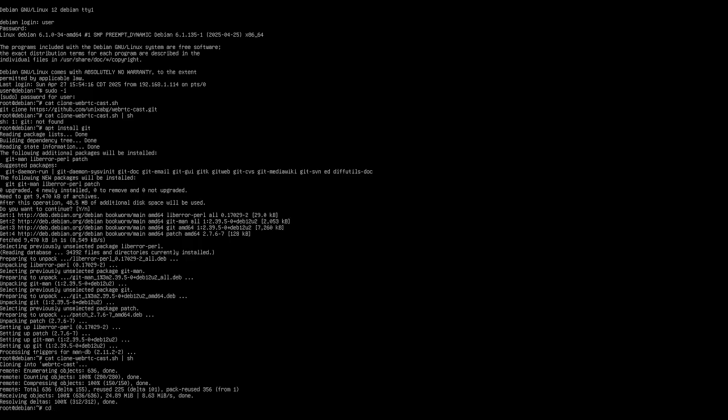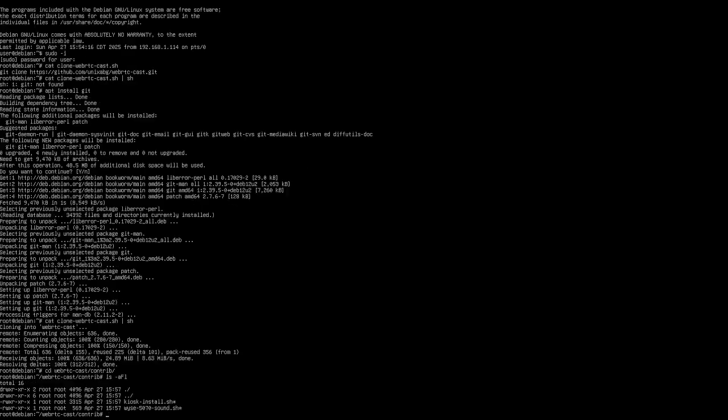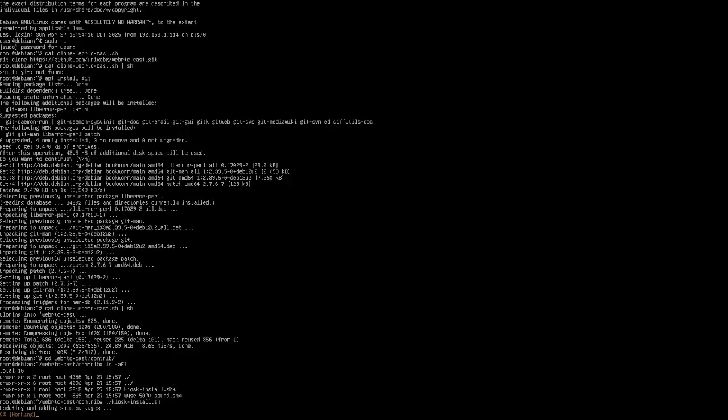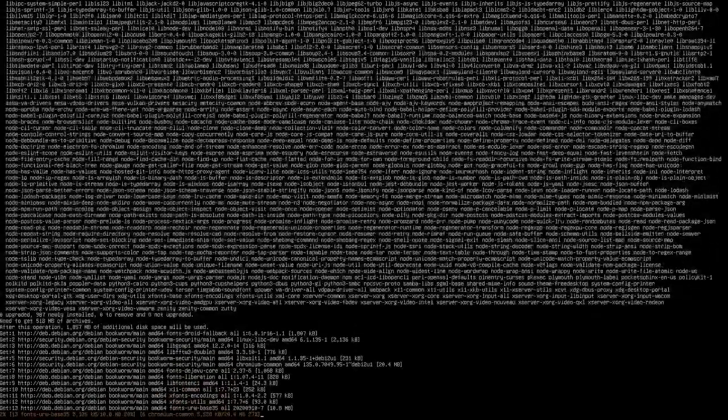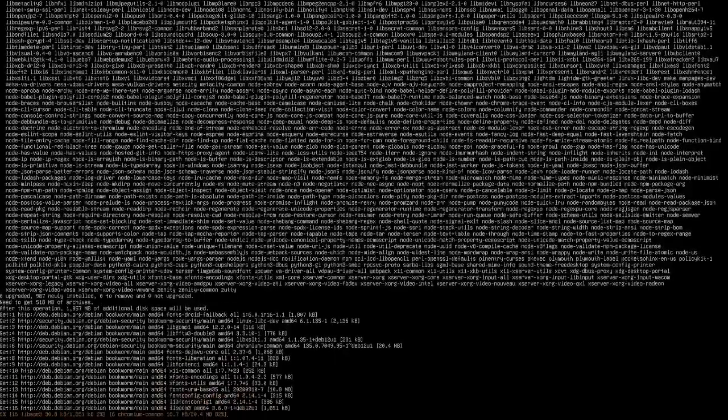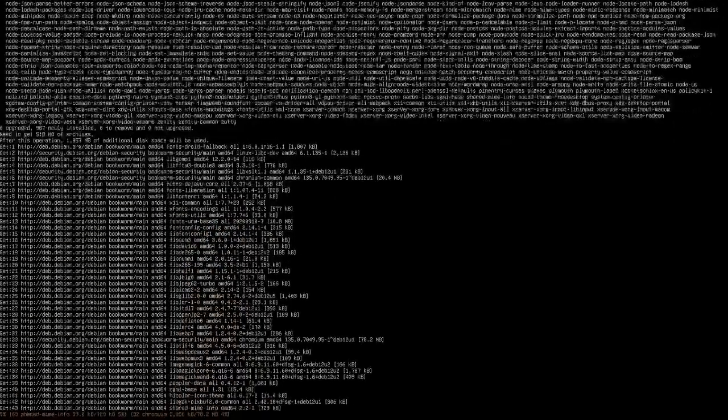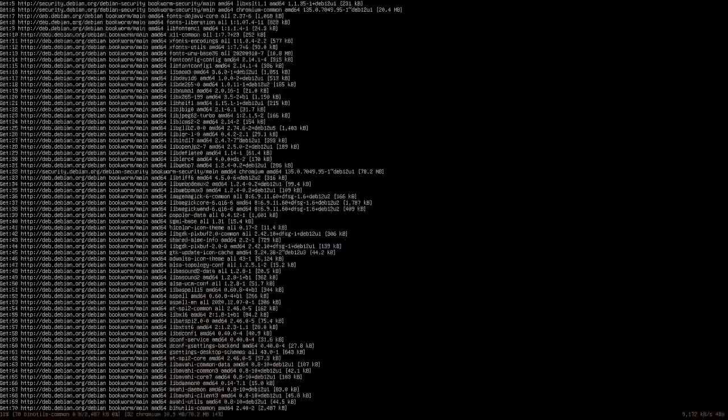I'm going to move into the web directory there and the contrib. This is where we're going to move to our cursor. And if we look around in here, the script we're looking for is this kiosk install. Again, I've already escalated my permissions to be the root user, so I'm just going to run this script and it's going to help us. It's going to install all the necessary packages and everything to turn this device into a fully cast compliant device. So I'm probably going to speed this up here because this takes